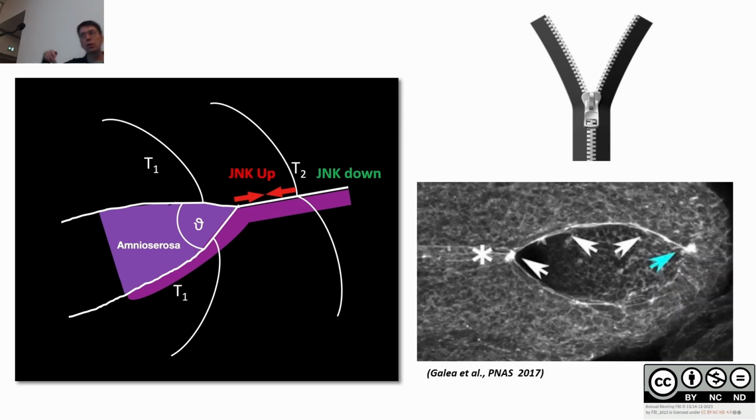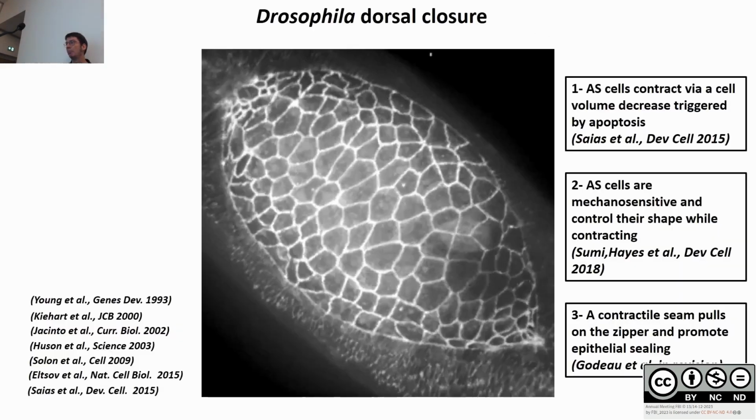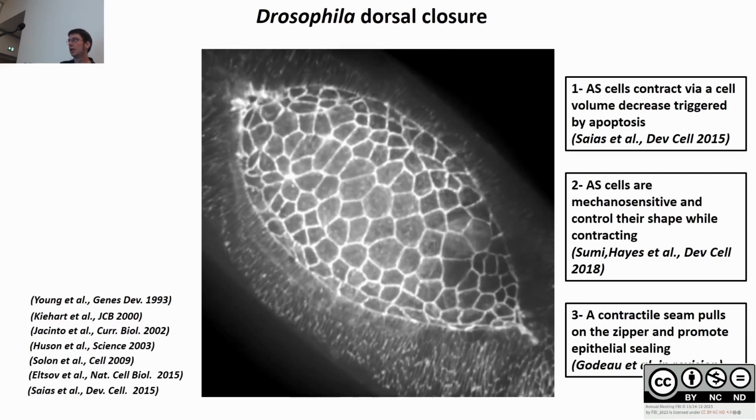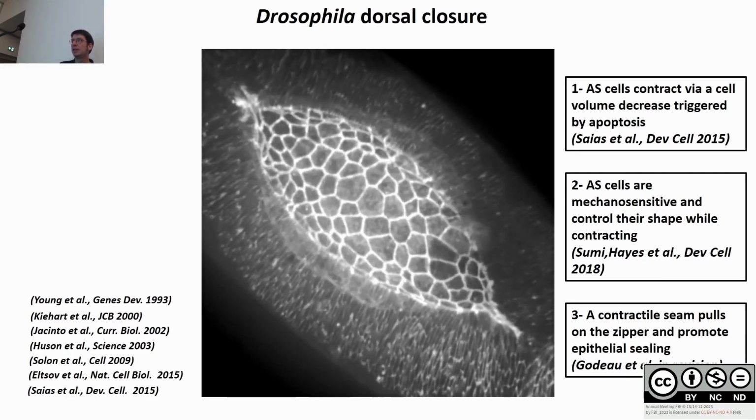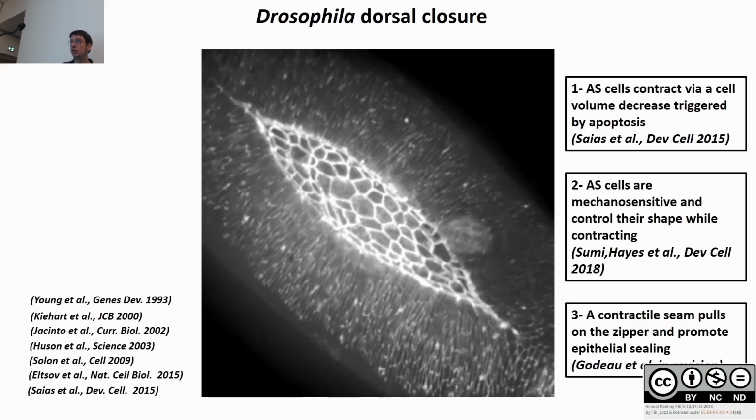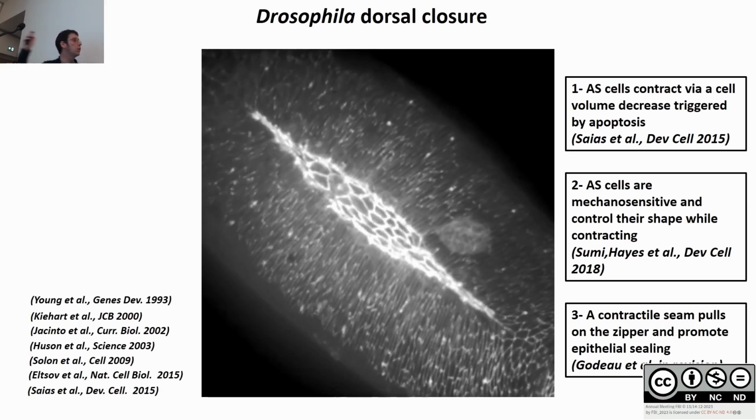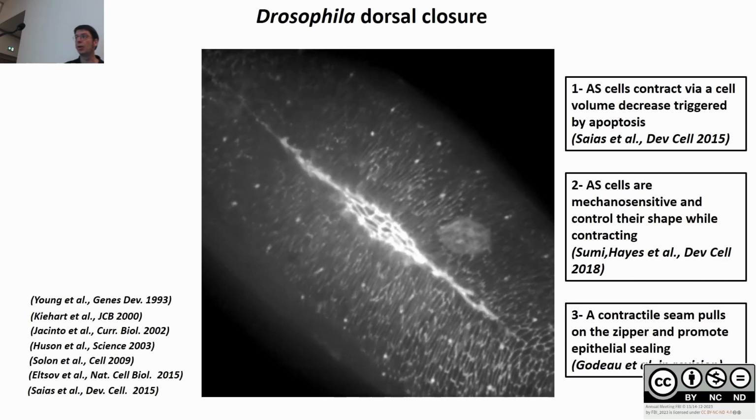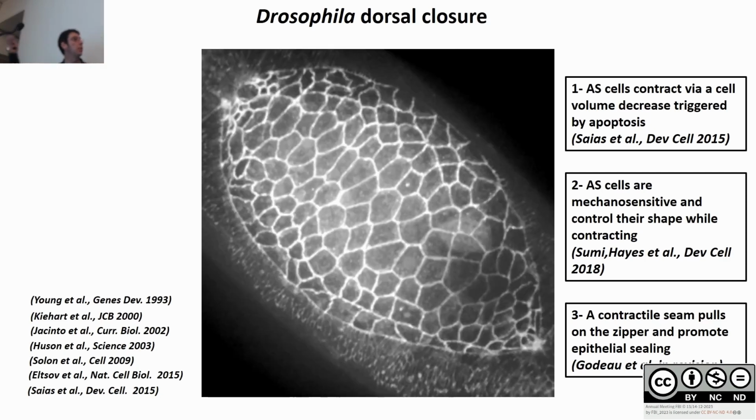Interestingly, to go outside of Drosophila, this is neural tube closure in mice, and this is phalloidin staining. What you can see is that behind the zipping point, you also have an enrichment of actin here, and I believe it's working in the same way. Okay, so now I told you how this tissue contracts and how it is sealing. I will finish on the last player, and this is ongoing work, so it's not finished, which is the epidermis. We were wondering whether the epidermis takes part in this process.